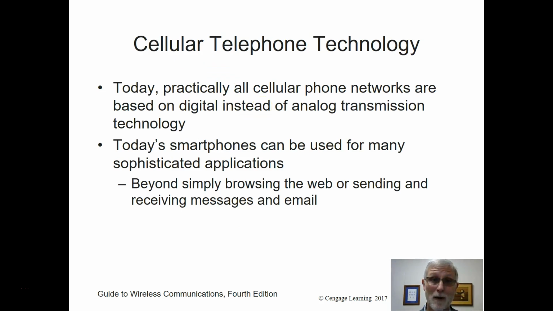So today, practically all our cell phones are based digital instead of analog. It definitely did start analog back in the early 90s, late 80s. But today, most of it is digital. You've used your smartphone probably this morning for checking the weather, checking your email, catching up with friends, actually maybe making a call. So it has been used probably more than your PC.